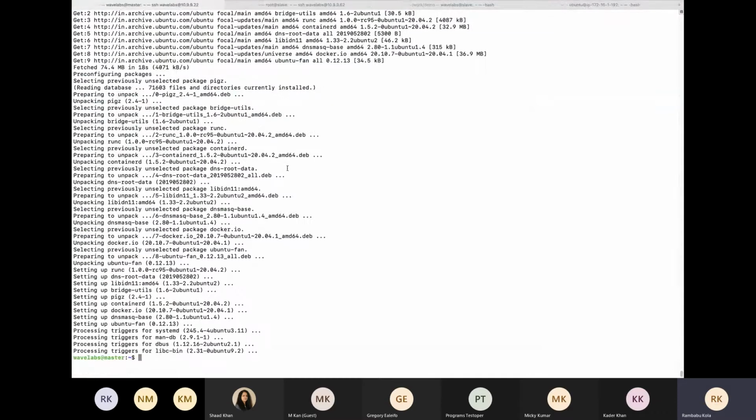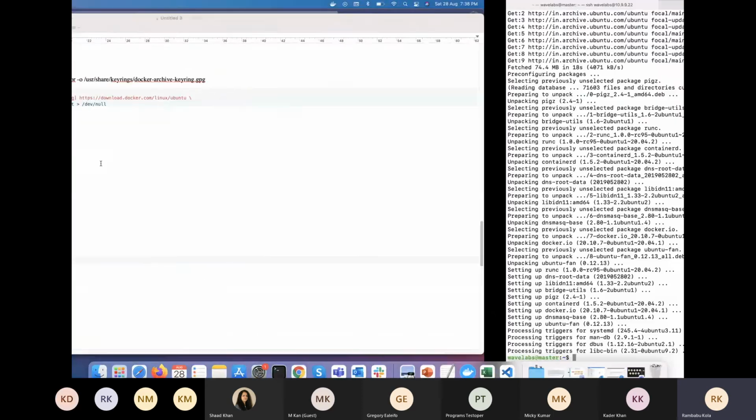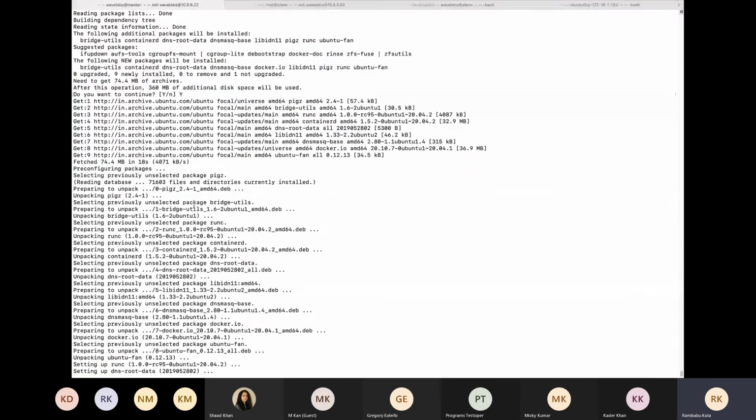The same needs to be performed on the other server as well. So we have installed Docker.